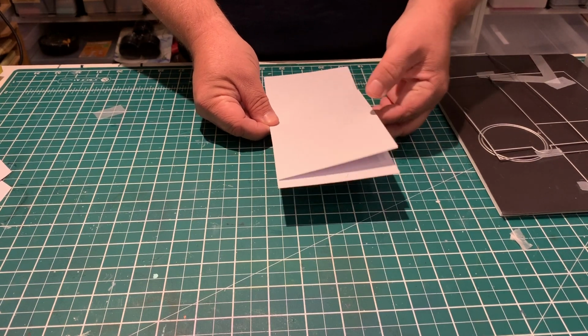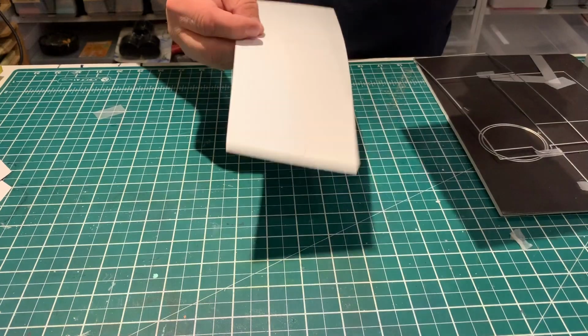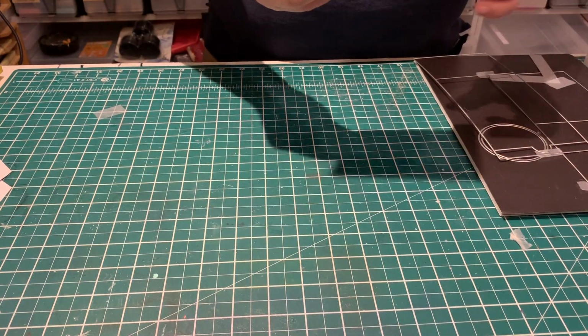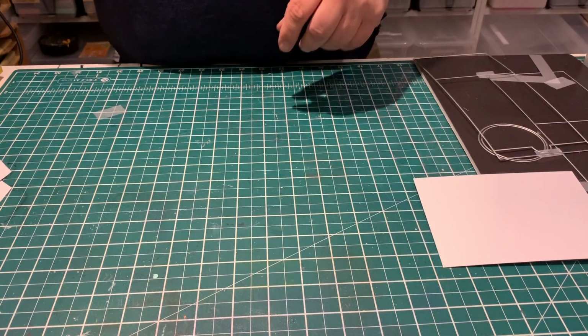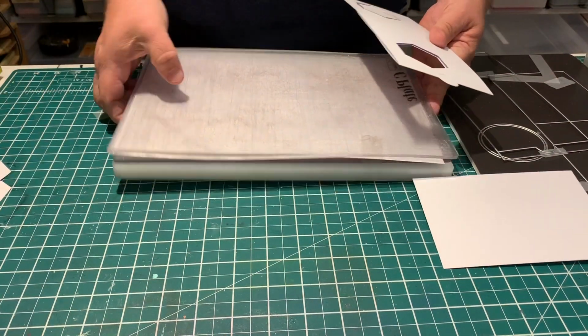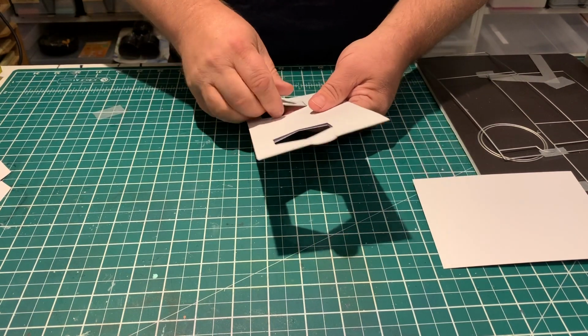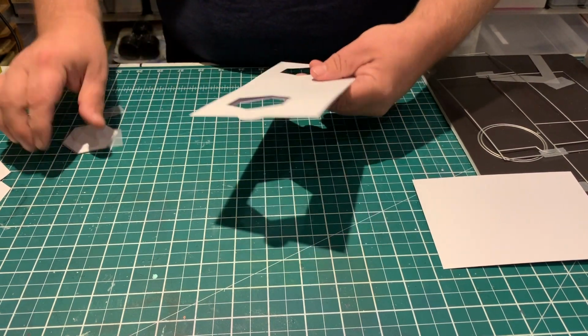Alternatively, you can actually measure that and cut that out using a guillotine or paper trimmer if you don't want to waste as much card. To be honest, that's what I do. So we're going to take this out now, have a look at our piece. It's the last of our die cutting done, so we'll move that away. I'm going to take this one off, and if you can see now,